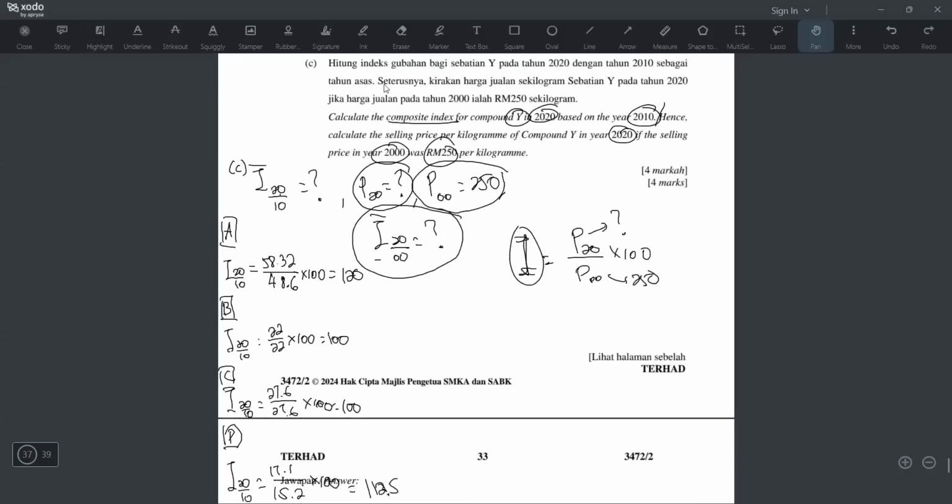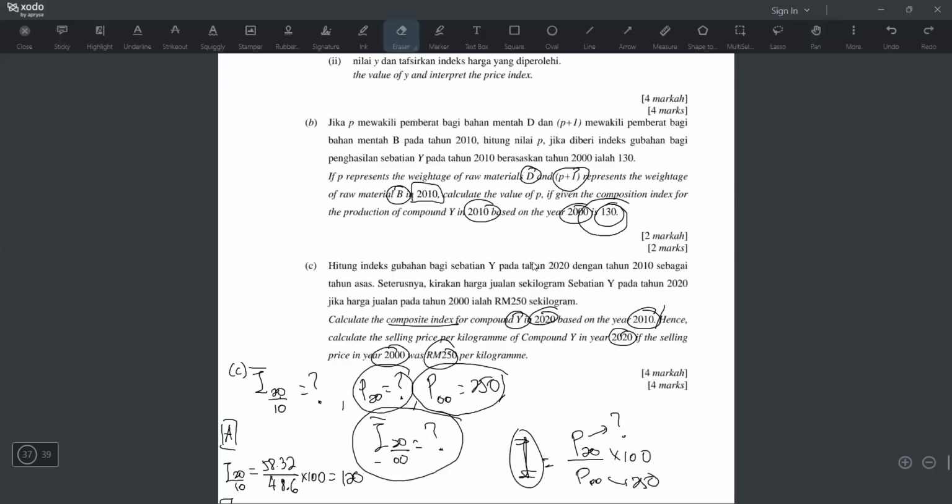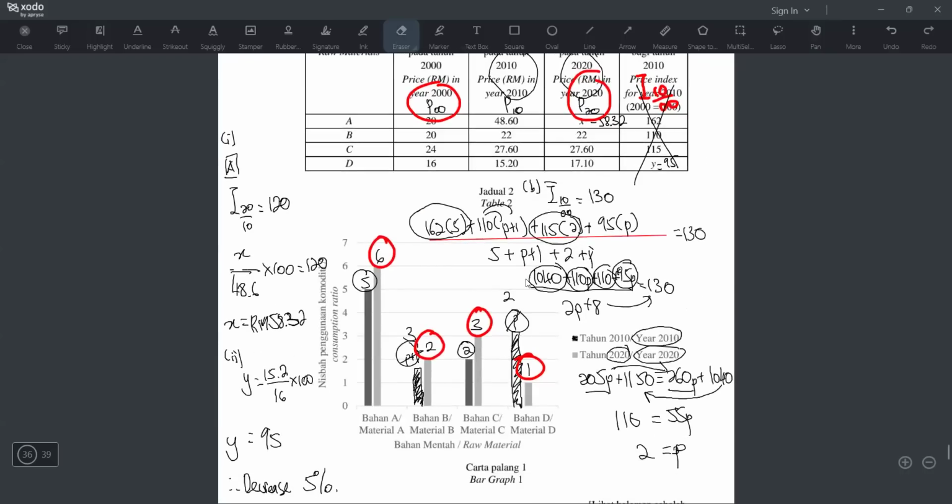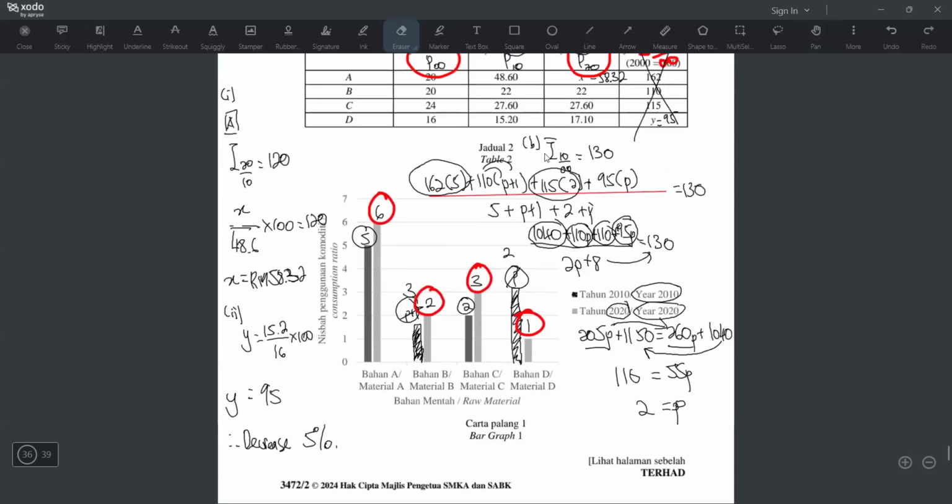Okay. But I do want you to know that ada case yang sebenarnya, if you can choose between doing one time smiley face or you have to do banyak kali smiley face, you have to do banyak kali smiley face, because the answer will be slightly different. And the answer when you do separately like this one by one, it will be the correct method to do it. Okay. Tapi saya rasa soalan ni dia,